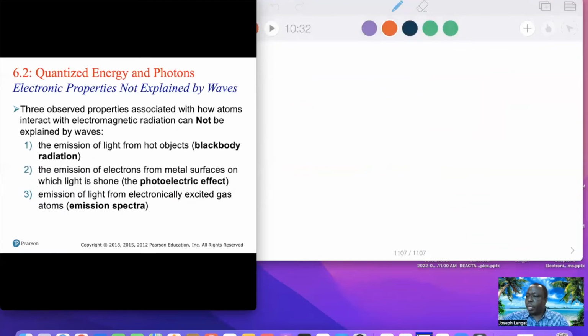Now we have looked at the properties of light, and at this point the wave-like nature of light in relation to electronic structure does not explain